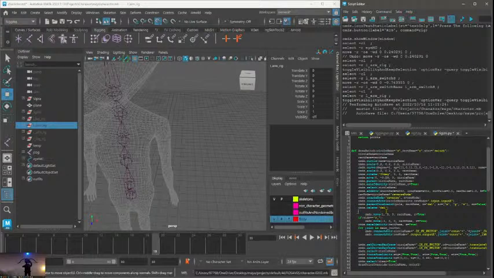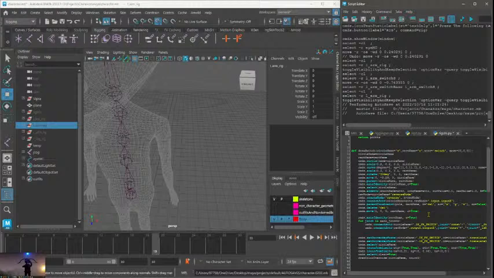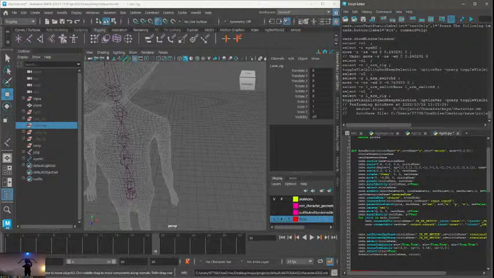We'll specify where to move. Move is equal to 1 0 0. Move